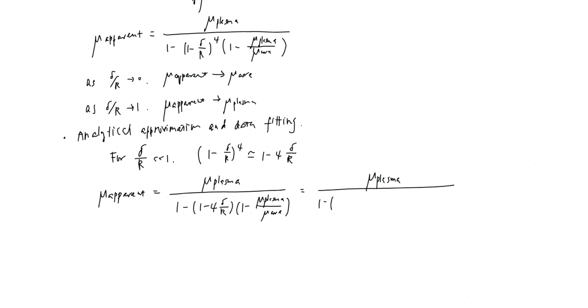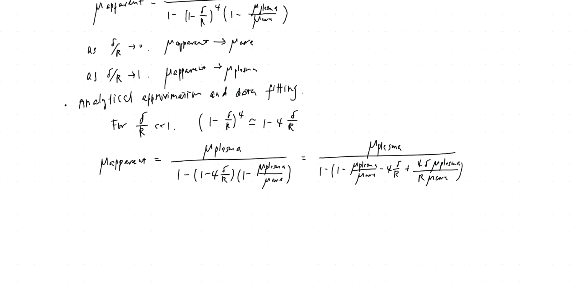1 minus mu plasma over mu core, minus 4 delta divided by R, plus 4 delta mu plasma divided by R mu core. Okay, now you can continue to clean it up, and you can just try on your own. And eventually, you will get this, and then you flip both sides. You flip the right-hand and the left-hand side. You get 1 over mu apparent